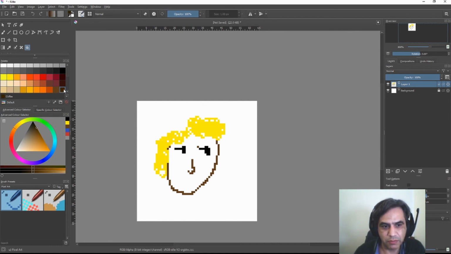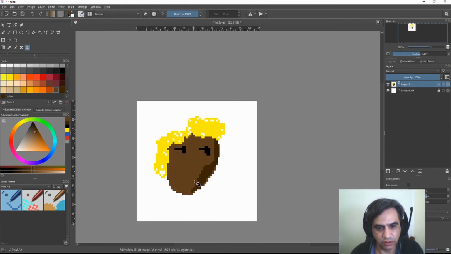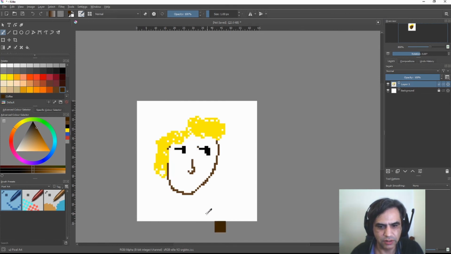But I was saying that I prefer to do something like this. If I want to give some shadows, I prefer to use something like this rather than use the other one. So I'm going to get this, paint this guy. Rather than something like this. So let's see if I can do smaller.